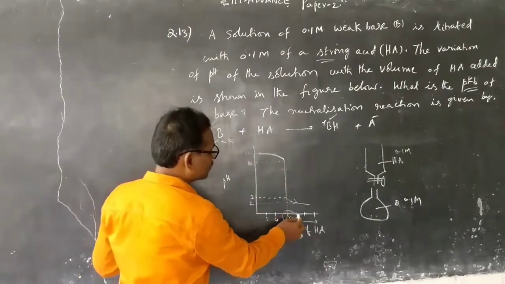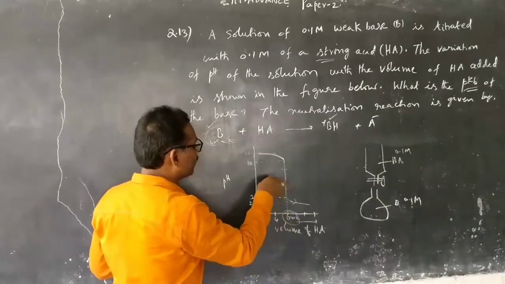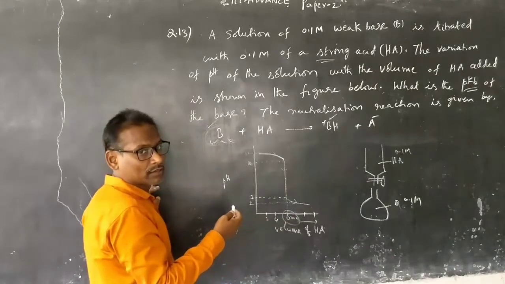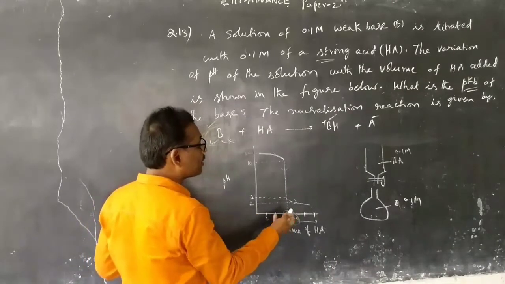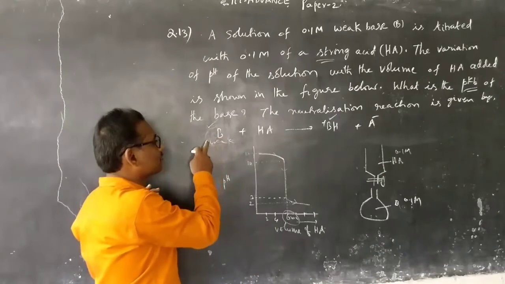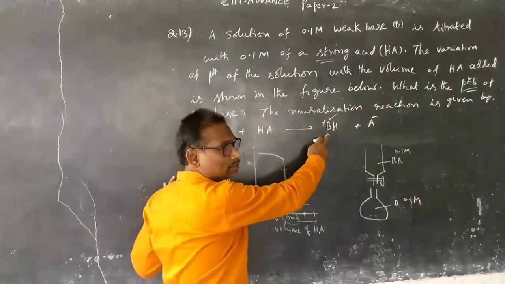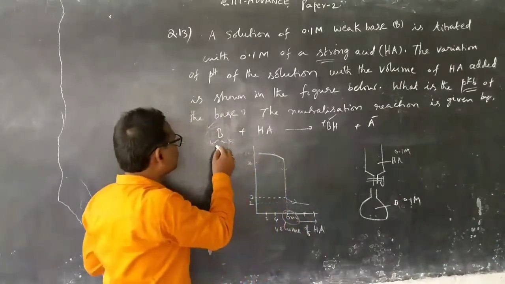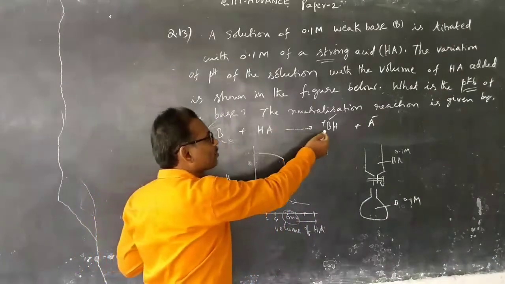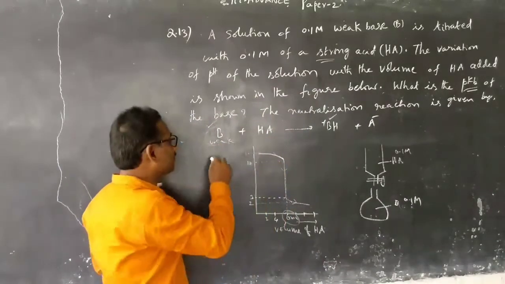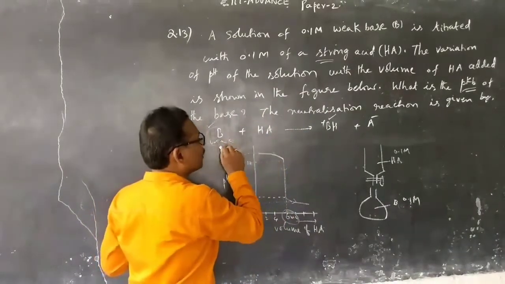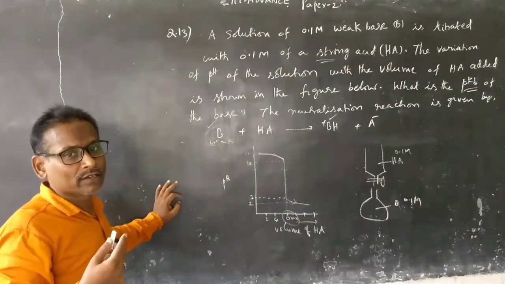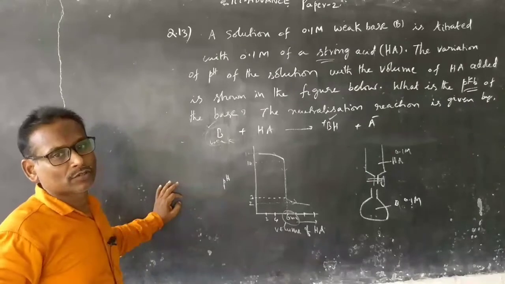Suppose that when you add 6 ml, the complete base is neutralized. Instead of that, just half of that is added, that is about 3 ml. Then only 50% of the base is converted into its conjugate acid. So there will be a 1:1 ratio of the weak base and its conjugate acid. Then we can think of how to find the pH or pOH of that solution.